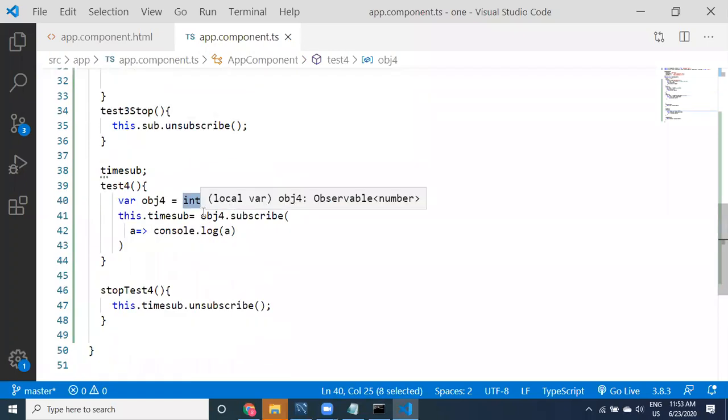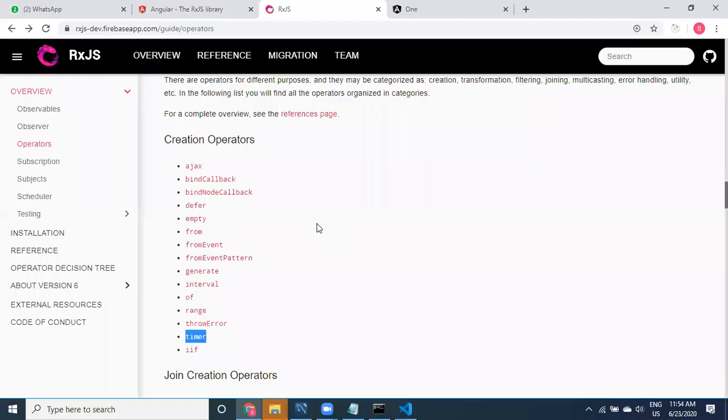Interval, yeah. Instead of using timer, I have used interval, right? What is the difference between interval and timer? If I take timer, you have to provide the starting time, when it has to start, and then provide the interval, meaning how much time it takes before it gets repeated. If you take interval, you directly provide only the interval. I always refer to RxJS because I like it, and this API is common for any framework. Of course Angular is also using this RxJS.